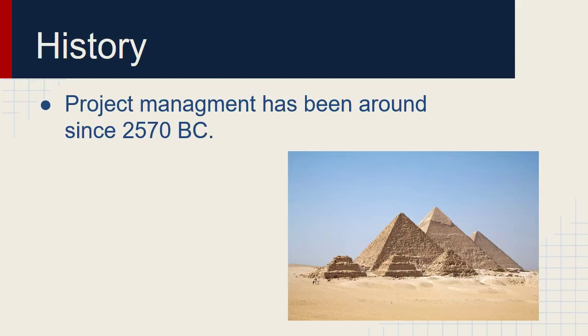Project management has been around for a very long time. We can trace it all the way back to 2570 BC, when the Great Pyramid of Giza was completed. Ancient records show that there were 4 managers, one for each of the 4 faces of the Great Pyramid, responsible for overseeing their completion. We know that there had to be some initiating, planning, execution, and control involved with managing these great projects.